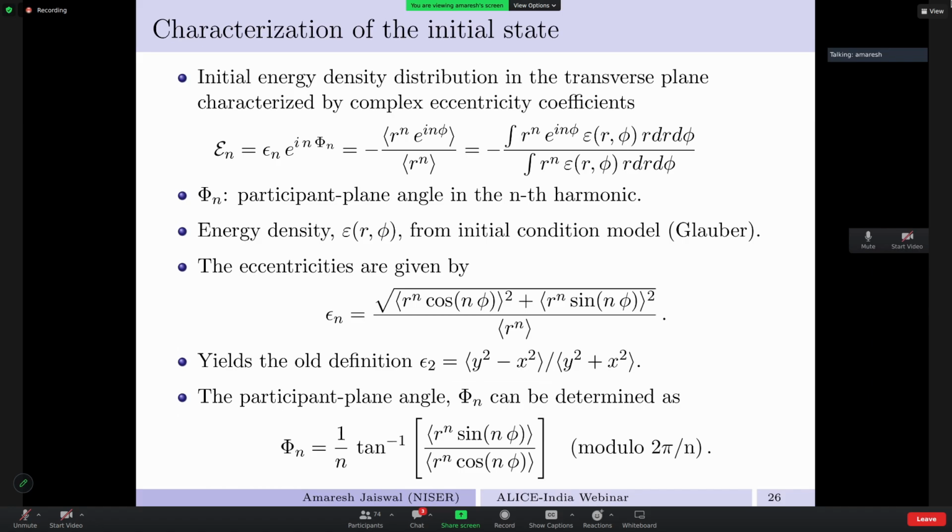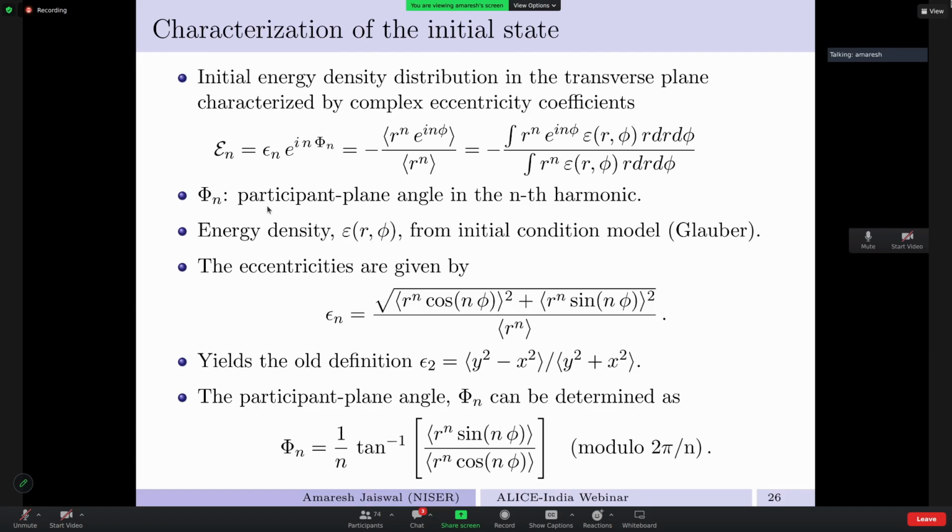And similarly, we can characterize the initial state. This was the final state we had. The initial state is characterized in a more modern picture in this way, where the energy density obtained from, let's say, an initial condition model like the Glauber model is decomposed, so the nth component of the eccentricities can be obtained from the energy density distribution in the transverse plane. Okay, and this phi n is the angle in the participant plane. So psi n is the event plane angle, phi n is the participant plane angle,